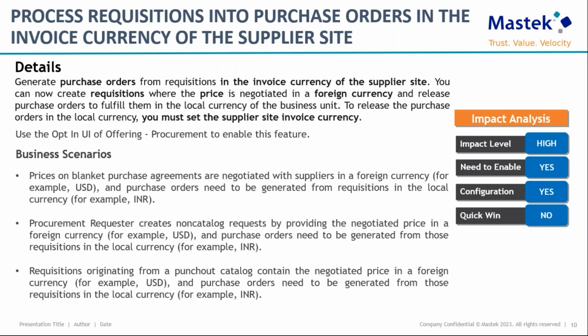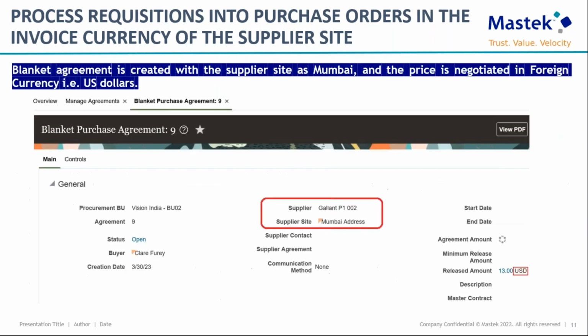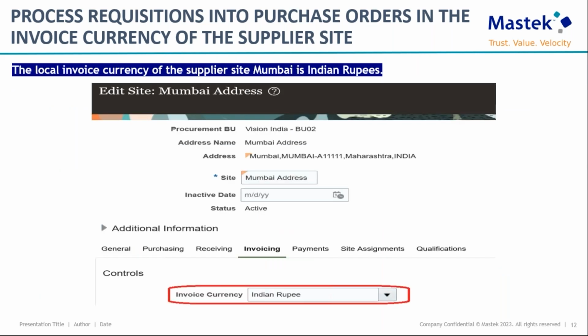So let us quickly see this by using an example. Here in the screenshot, you will be able to see that we have a supplier, we have a BPA, and the supplier site is an Indian site and the negotiated currency is USD. So what we have done is, at invoicing, we have set the invoice currency as Indian rupees.